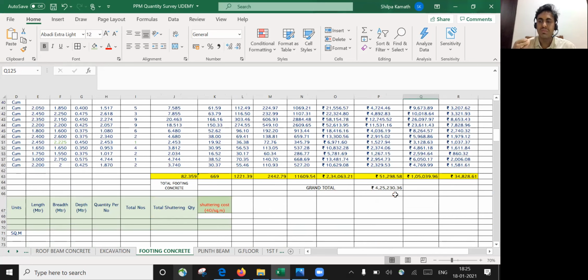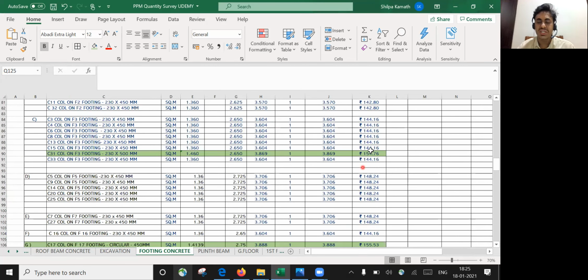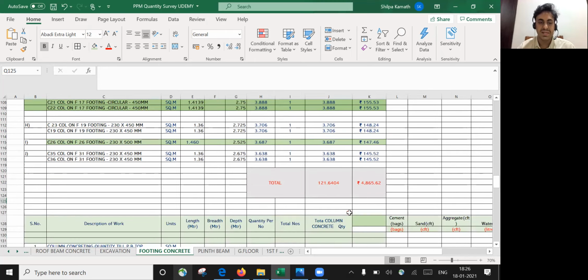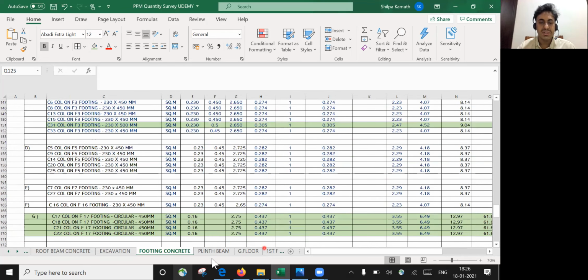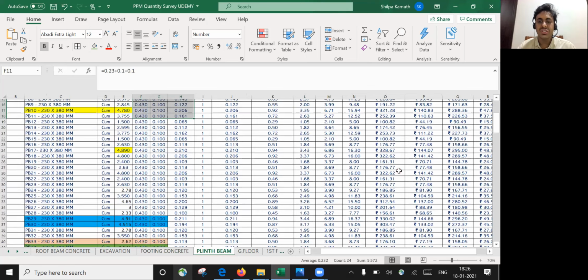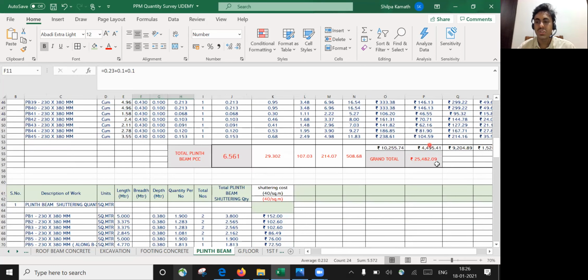That is for the foundation, how much it is required, for the first floor slab casting, how much it is required. Along with that, we'll try to find out the shuttering cost as well. How much is the shuttering cost, and how much shuttering materials or how many shuttering plates are required. And then coming to the plinth beam, these are the plinth beam things I've worked out. Again, we'll try to see how much cement is required, how many cement bags are required, what is the total plinth beam PCC required, what is the total cost that is required if I want to do the casting of all this plinth beam PCC.